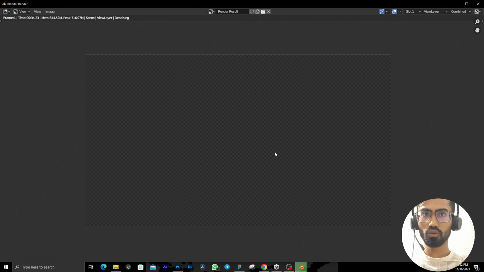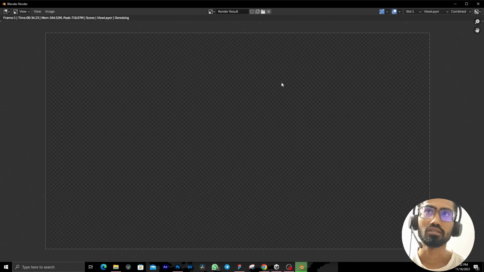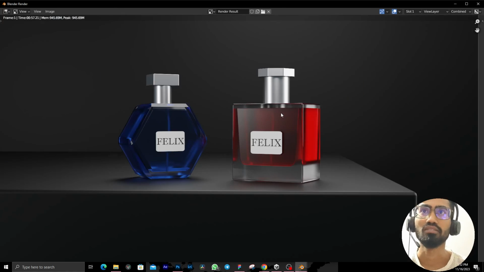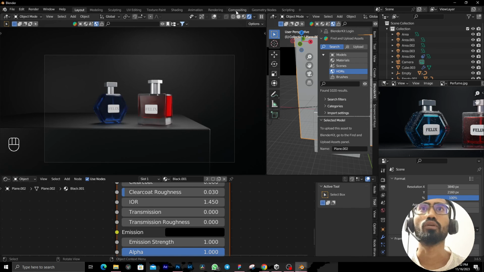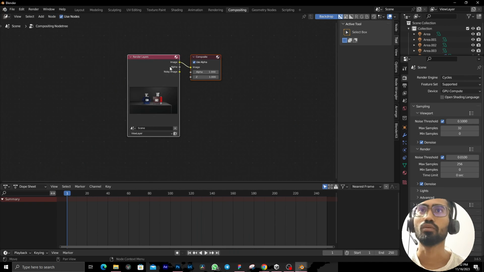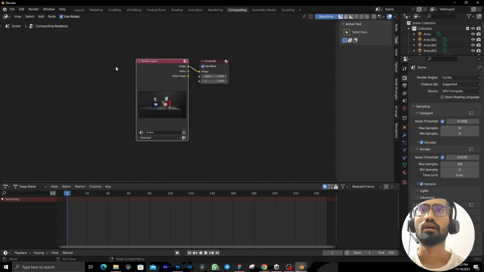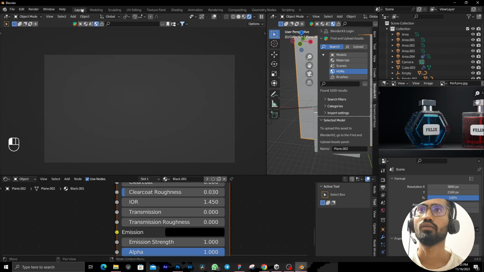So we can also do some post-processing in Blender, which comes in the compositing part. I'm not going that much further, but you can do a bit of compositing, so it will make your renders pop out. Let's just wait once it's denoised. It is done. So we're going to the compositing tab, use nodes, and you can also do one thing. You can enable